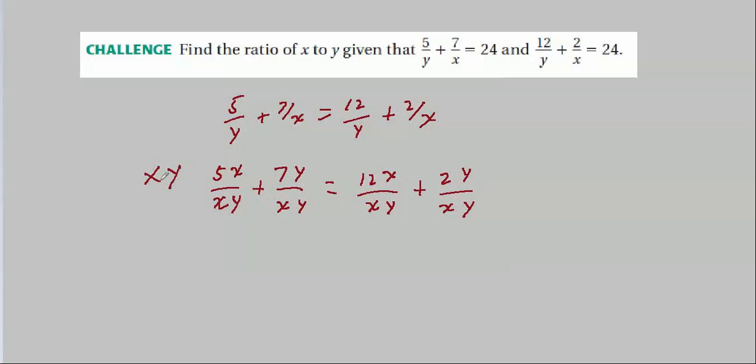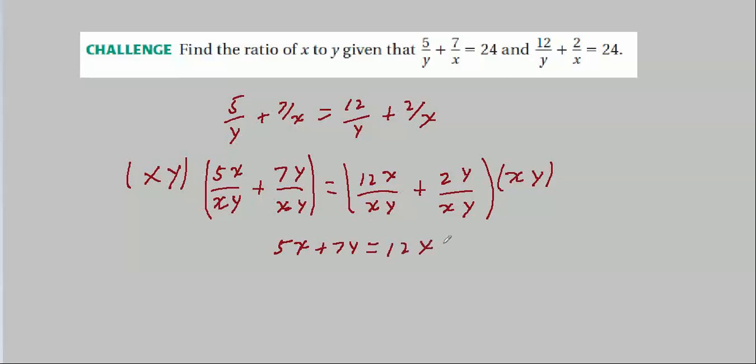But if you haven't been doing this for 100 years, it might make more sense to multiply by xy on each side. Remember, it's like the distributive property is going to operate on this. So it's not just this expression that will get multiplied by xy, it's everything on this side. So we do that and we cancel out the xy's all the way across by multiplying by xy on each side. And we end up with 5x. Well, there's supposed to be an x in front of there, pardon me. I'll do that over, hang on. There we go, 5x plus 7y equals the 12x